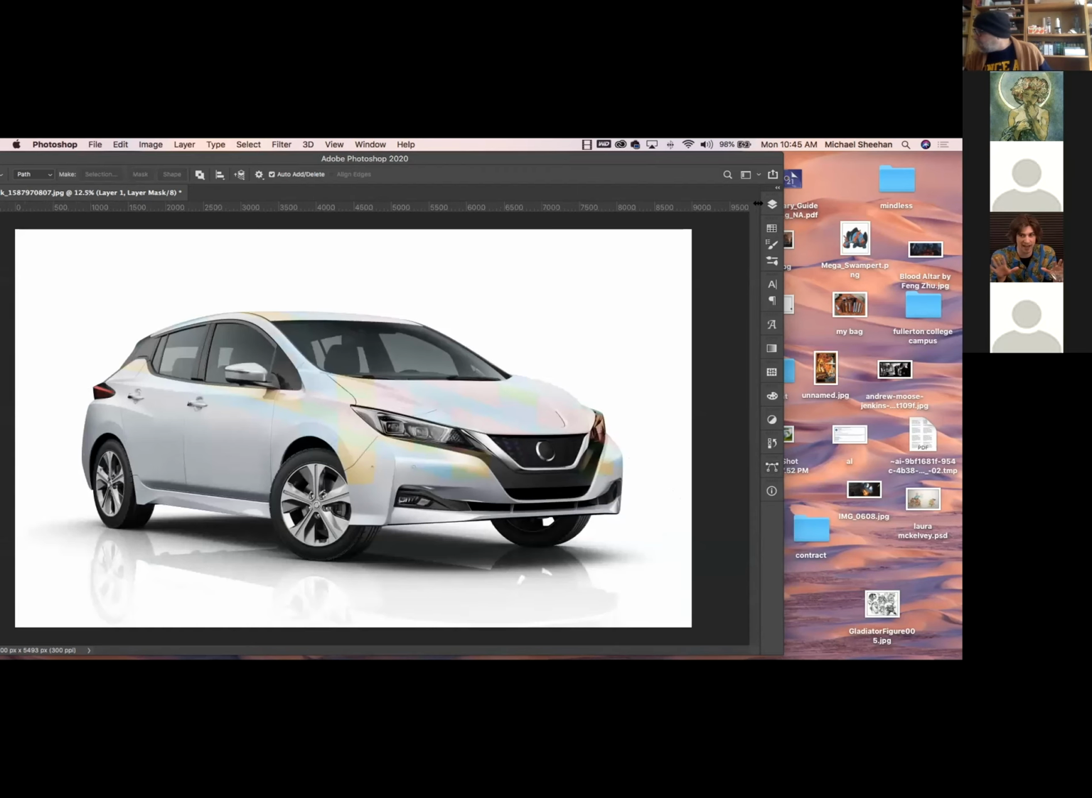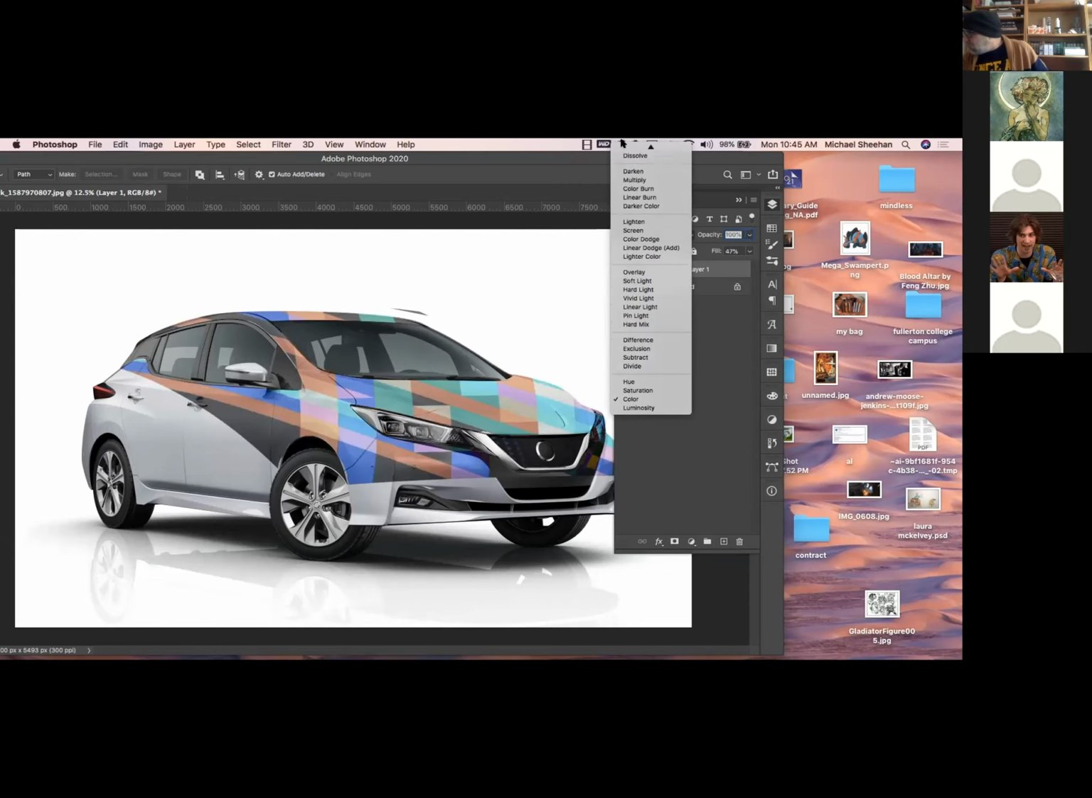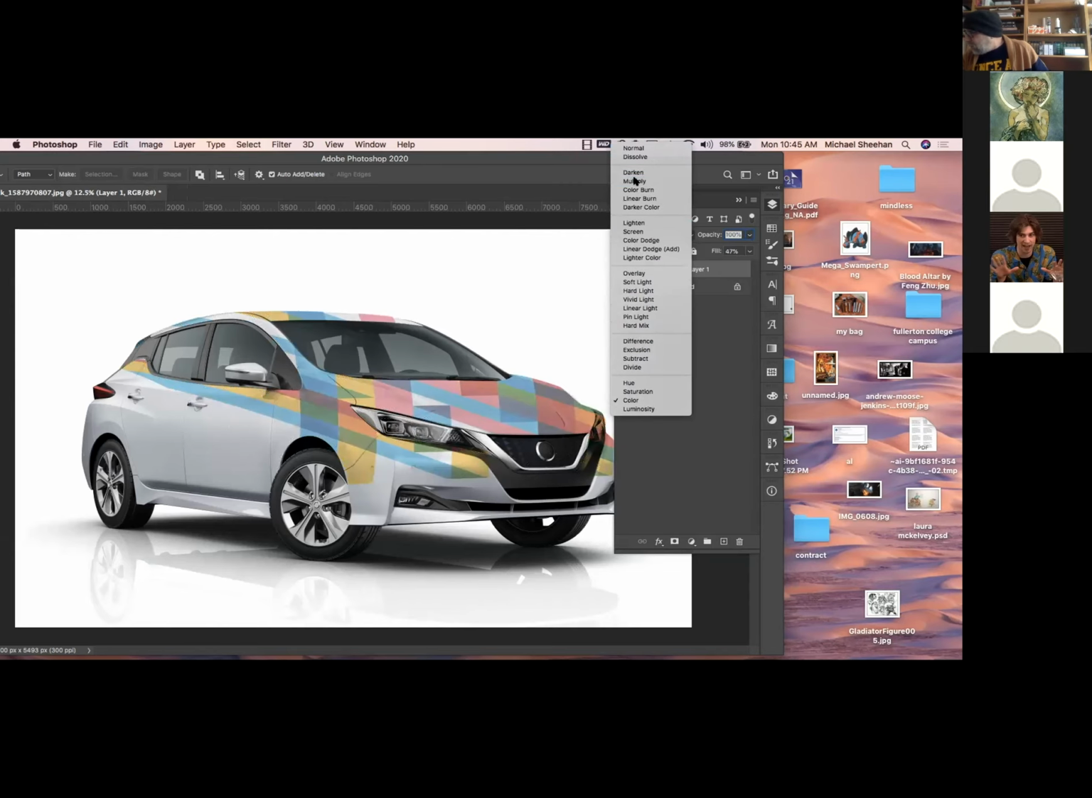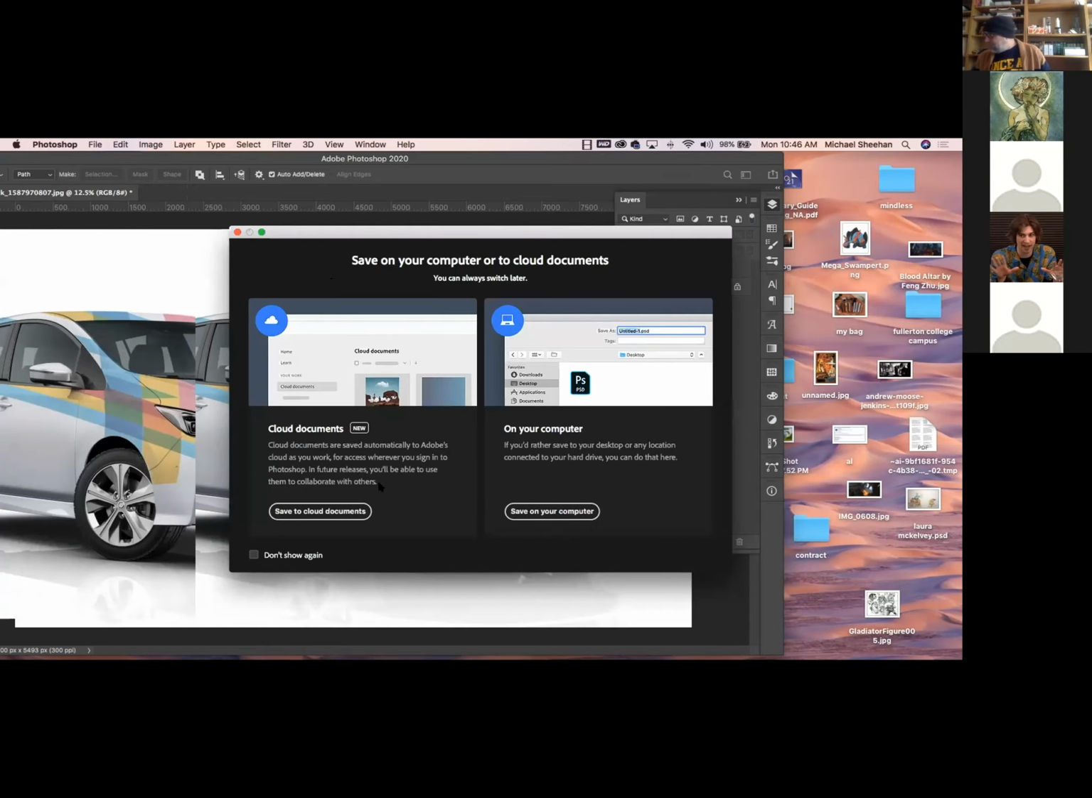So let's go back to 100%. Oh, it's on color. That's weird. And then I would find an overlay that works. That one's not bad. And I get this, yeah? Okay, so now if I want to give this,